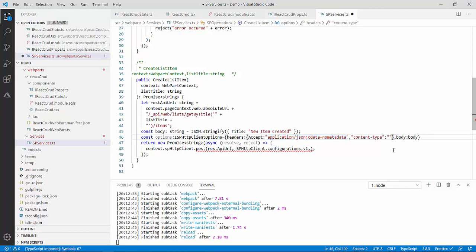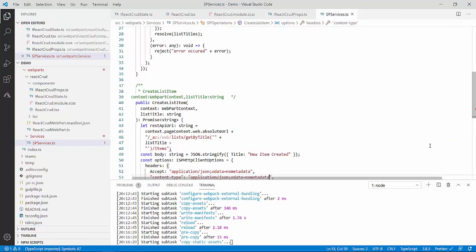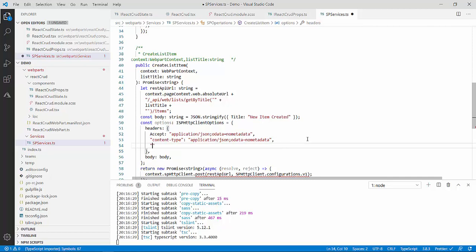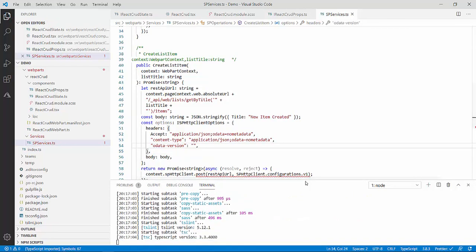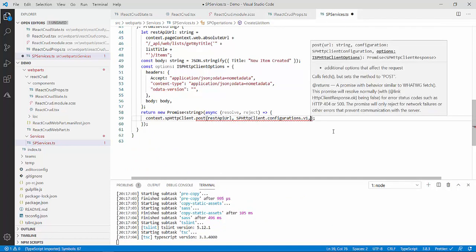The last one will be OData version. If I save it, okay, fine. Now I think it is easy to read. OData-Version, and we will keep it as blank. So now my entire code is ready, and let me just pass the third property, that is options.